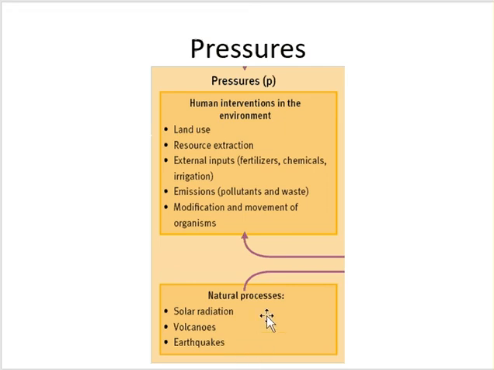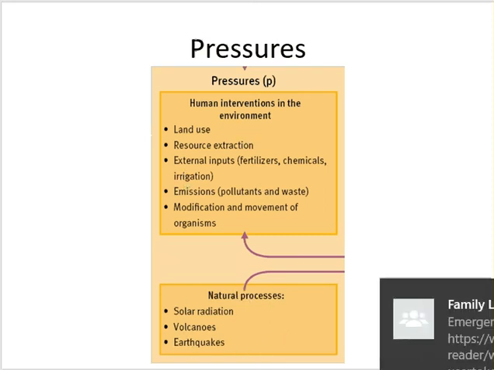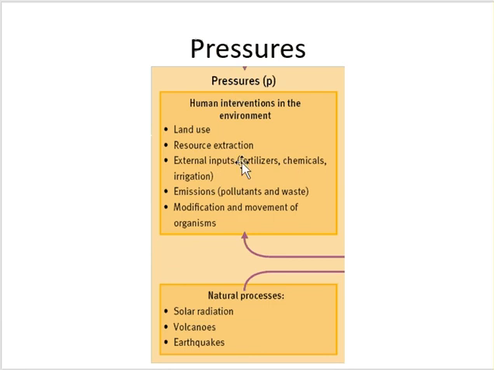Okay, so natural processes can also be a pressure. However, because natural ecosystems have evolved with natural processes, they tend to be less of a problem. They only now are becoming more of a problem because of all of these other pressures causing issues in combination